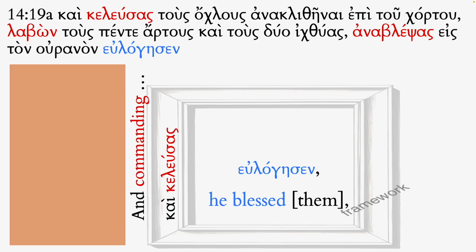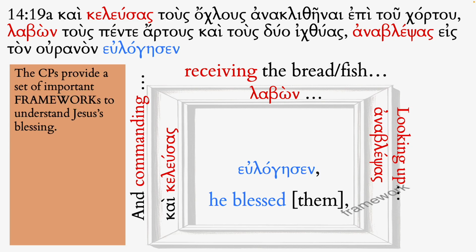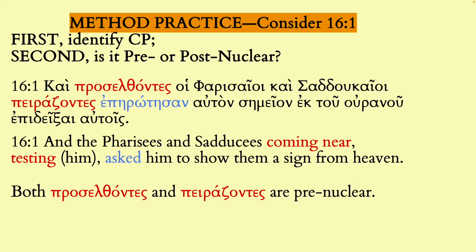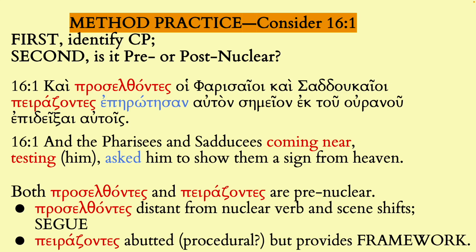This is a great example where you have three pre-nuclear participles that are providing frameworks for Jesus' blessing. He's commanding the crowds, he's taking the bread, and then he's looking up into heaven. All of these are providing important frameworks to understand the blessing that Jesus offers. And maybe for the sake of time, I was going to suggest looking at these as examples. The process is first identify the circumstantial participle, and then look for whether it's pre- or post-nuclear in position. And so these are some examples where you have framework, and then you have the next kind of participle,